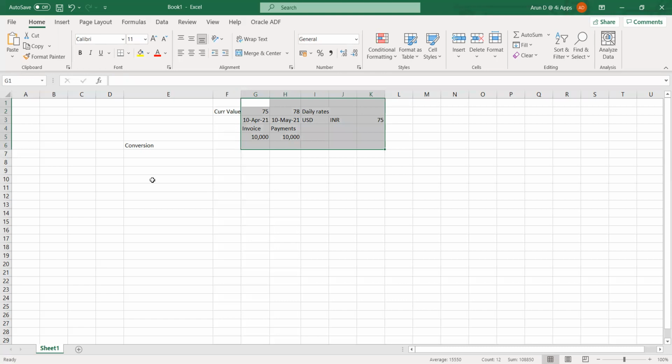Okay. And then we have another process called translation. Using the same transaction, what translation will do is that it will translate the balances. It is for the entire balances. It will translate, and it will tell us whether this is a profit to the company or a loss to the company. The difference between revaluation and translation is that translation is only going to translate, whereas in the case of revaluation, it is going to revalue the actual currency.